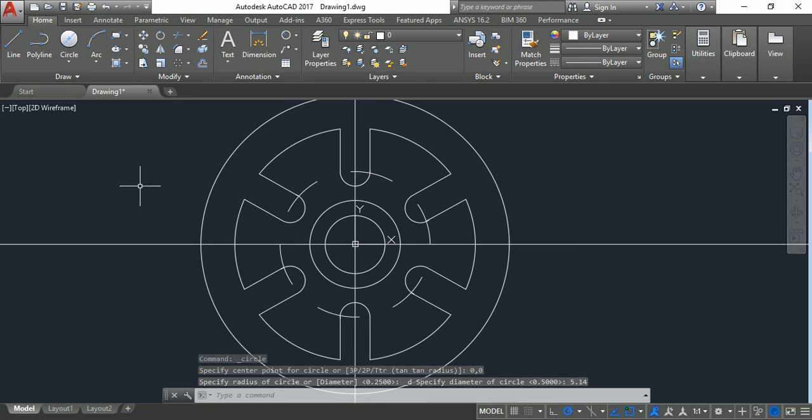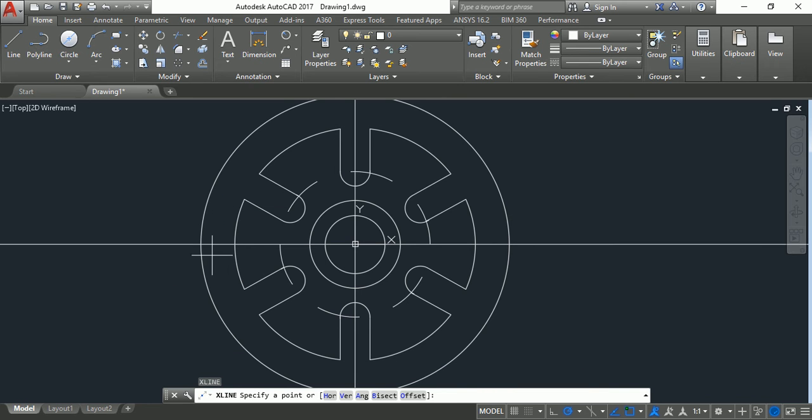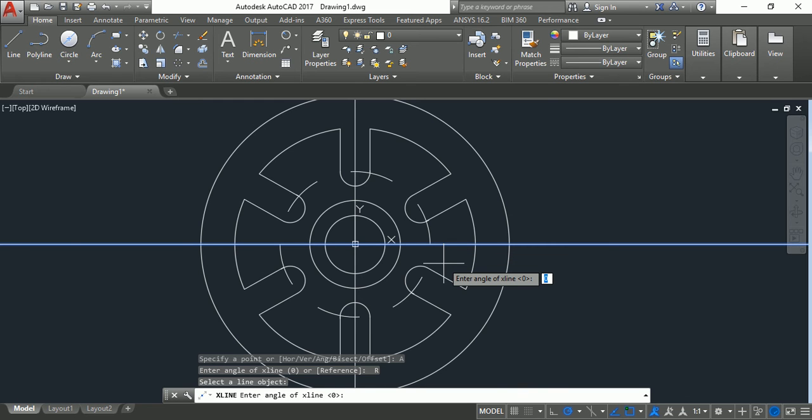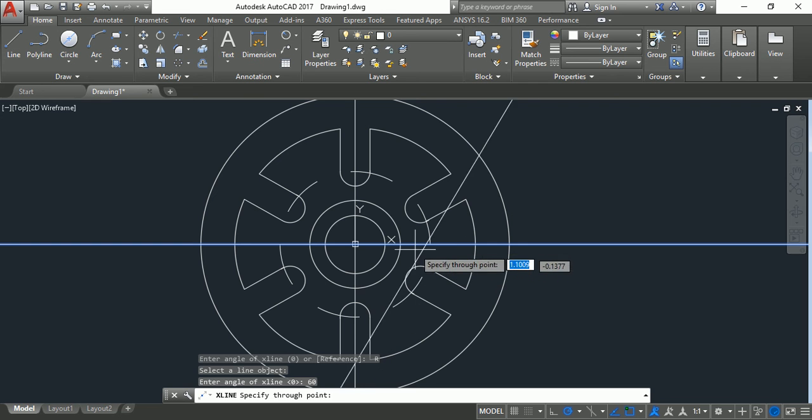Now to draw the angular line, we will again go back to construction line, take the option of angle. For reference, we will select the horizontal line from which we want to take the angle, and here we will input the angle as 60°.